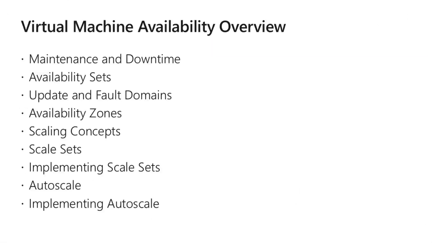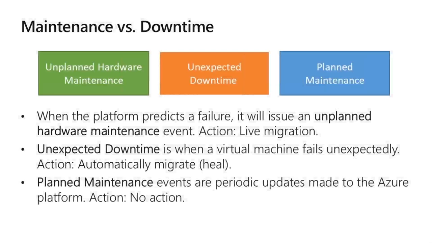So what is there inside the availability? Many options are there. 1, 2, 3, 4, 5, 6, 7, 8, 9. 9 bullet points are there and many tasks also pending. So maintenance versus downtime. Maintenance is always planned, right? That tomorrow I'm going to upgrade or patch my machine. So you have to make a plan accordingly. That machine I'm going to patch, I have to prepare another machine that can provide the same service to the customer, so customer should not have any